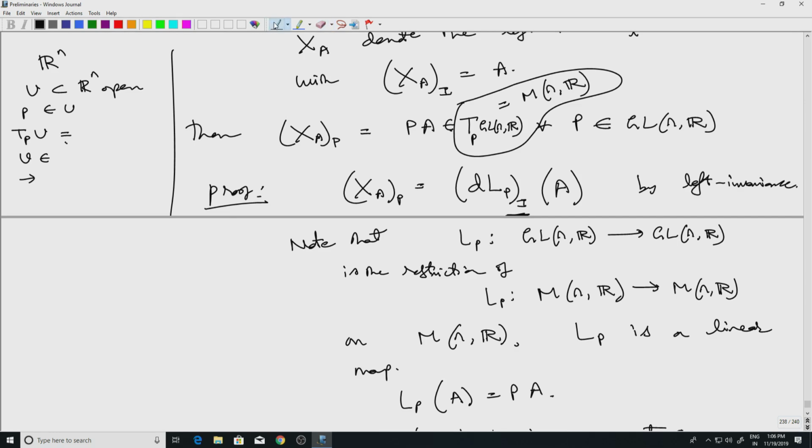Rn and Rn. But if you start with any V in Rn, if the tangent vector at the point P is, so I write V in coordinates, V1, V2, Vn,